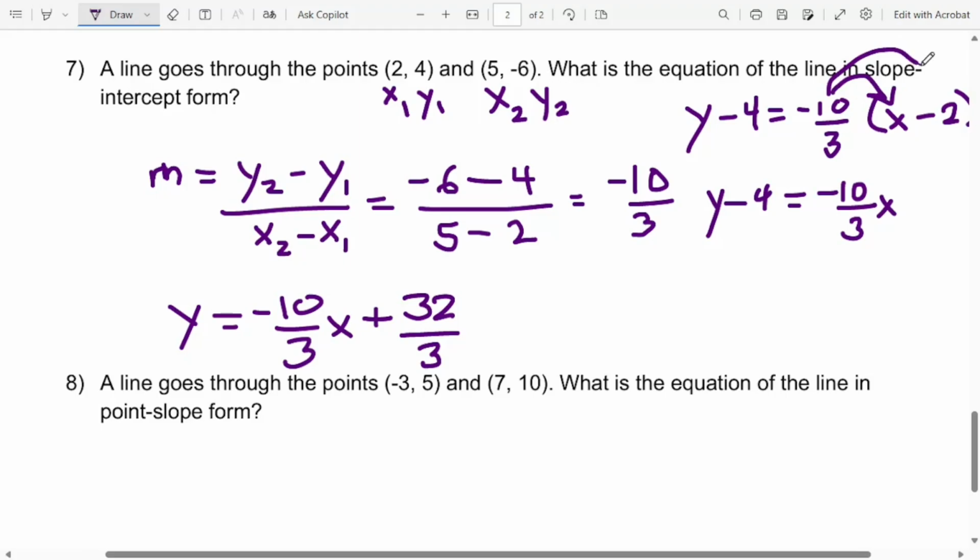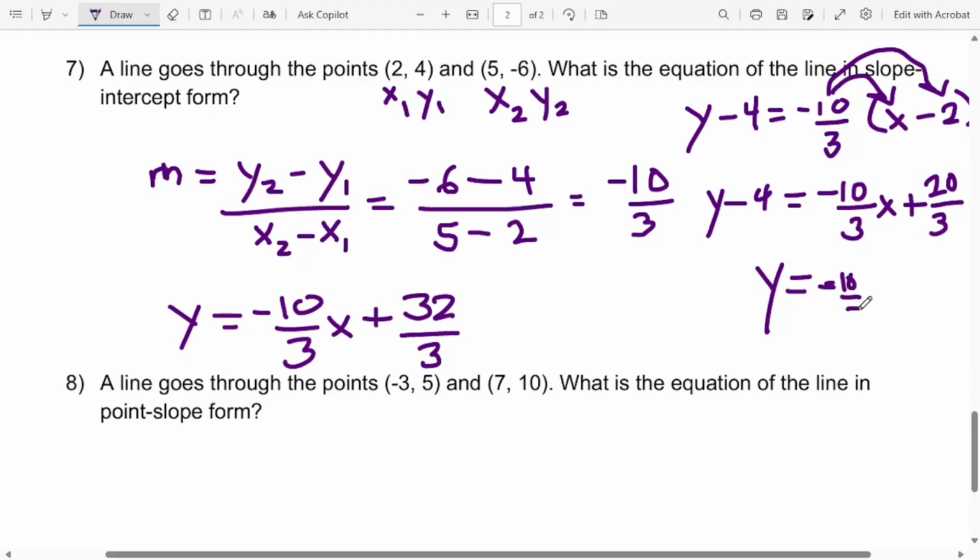Multiply that, and then do this times negative 2, we get plus 20 thirds. Okay, then we add 12 thirds, which is 4, to both sides, and we get y equals negative